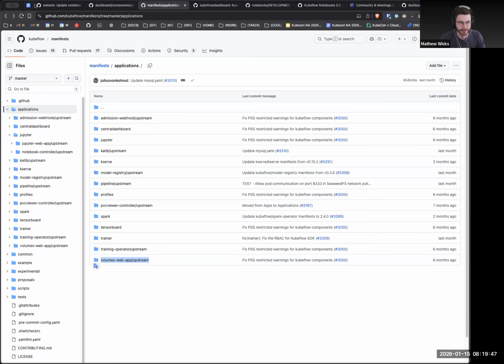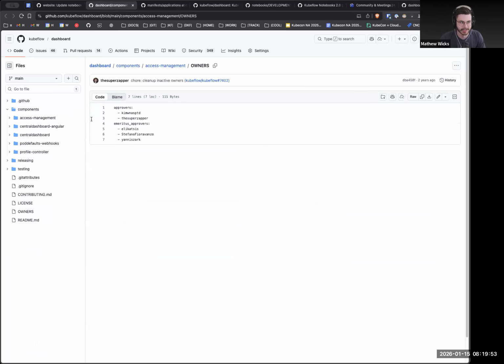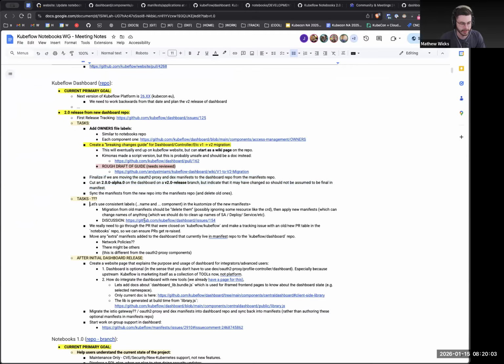anyone have any feelings? But anyway, for dashboard, our goal is to delete all these folders that are for the dashboard, make a new folder called dashboard, and sync them in with one sub upstream folder for each of these sections here, except the Angular rewrite, obviously. So any other comments here around things that people want to get in before the 2603 release? Because we're going to need to get these things done kind of rapidly. We don't need to do a lot of work, but we need to just get them in so that people start using them.